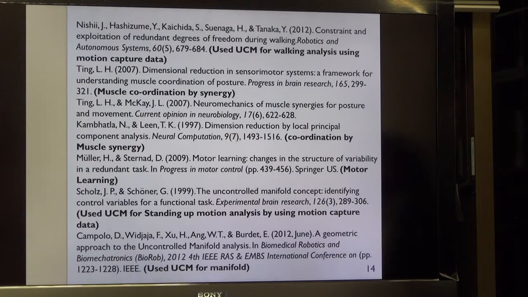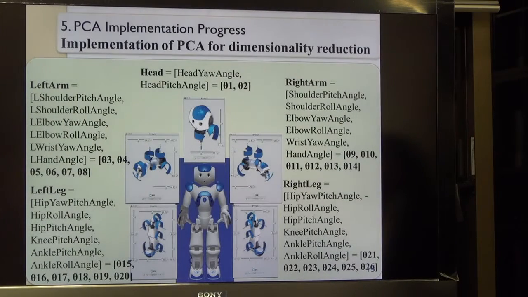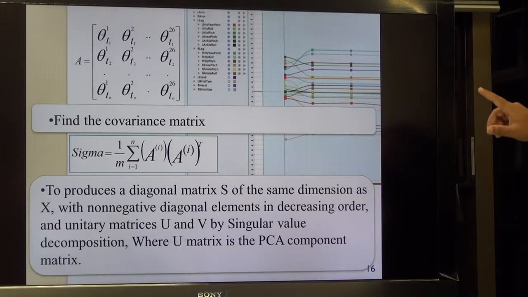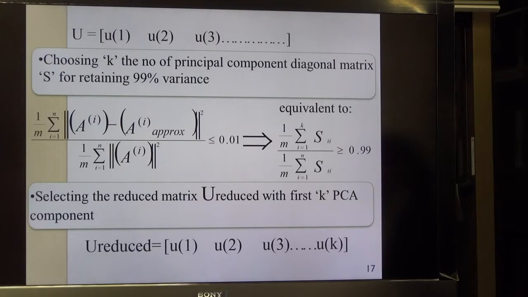The robot has 26 degrees of freedom, so we have to implement PCA to reduce it. PCA has a mathematical process: we get this matrix A, where there are 26 degrees of freedom and theta varies with time. So this is a matrix. We find the covariance matrix, and then we find